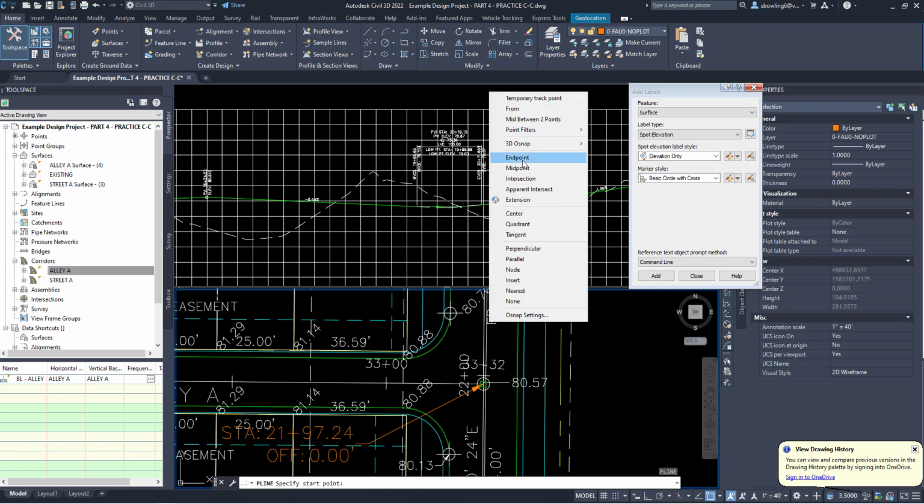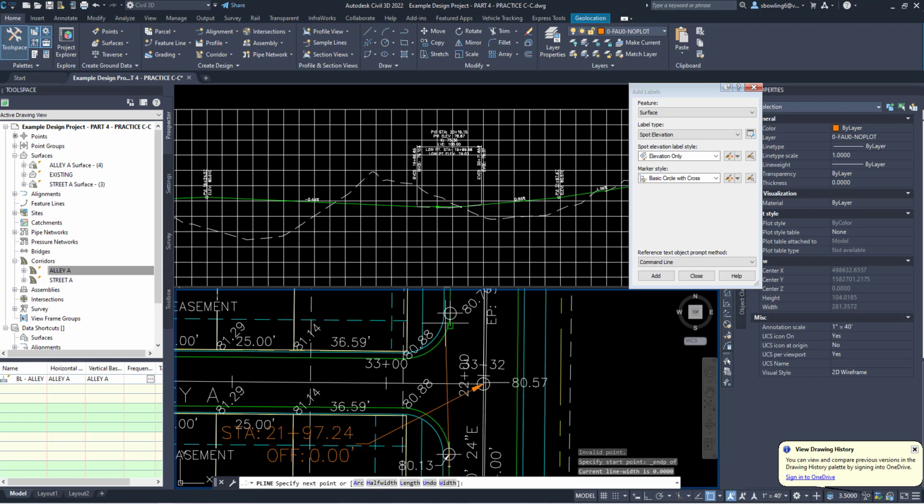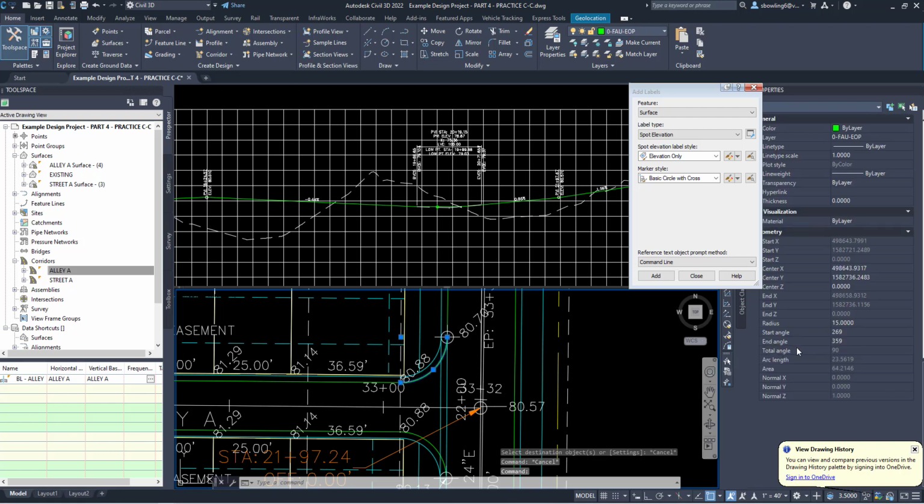polyline, endpoint to endpoint, offset 2. I would need a valley gutter offset here. So I'm going to match the properties and put this on the back of curve. Okay, just got to make sure this drains. So this distance is 23.56. Okay, I paused doing the calculations because I always want to make sure my intersections work properly before moving